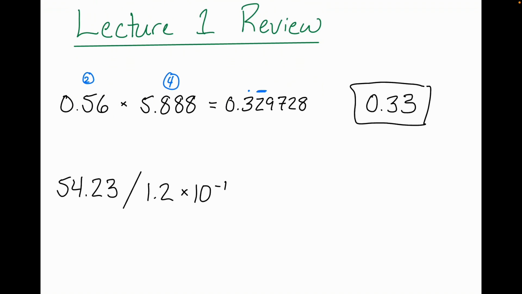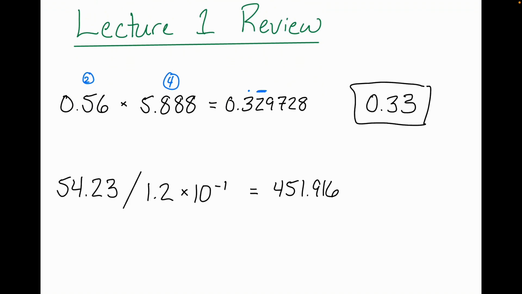Okay? For this next one here, everybody take a second and punch this into your calculator. I want to prove a point here about doing operations in scientific notation. Let's make sure we get the same thing. Okay, so what you should get is 451.916 and some change, all right? So if you instead got the 4, the 5, the 1, but your decimal point was in the wrong position,